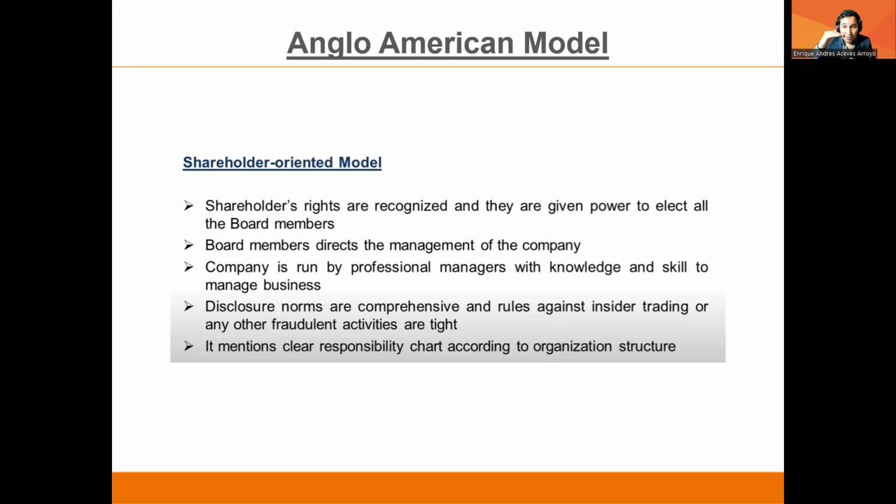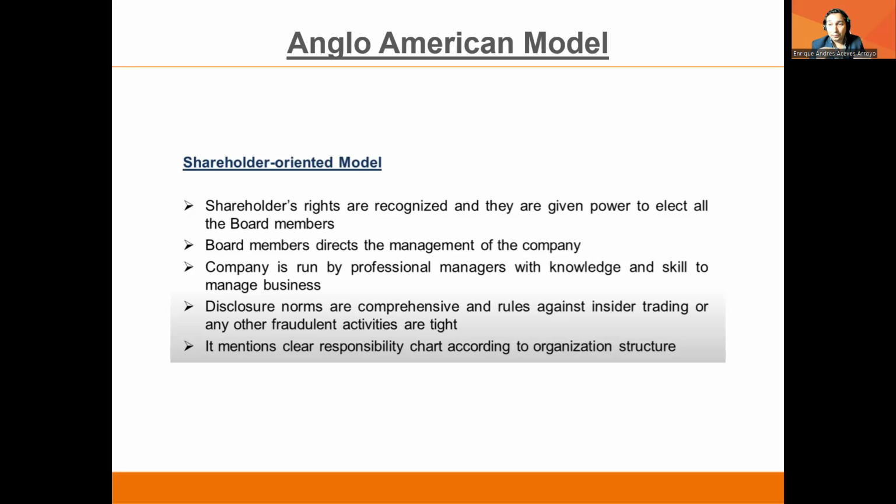Board members, the CEO, the C-suite, and the company is run by professional managers with knowledge and skill to manage a business. So disclosure norms are comprehensive, and rules against insider trading or any other fraudulent activities are tight,